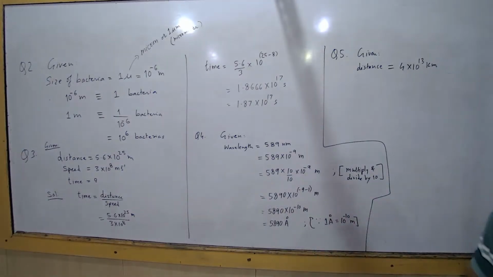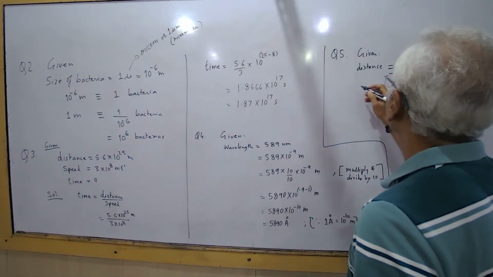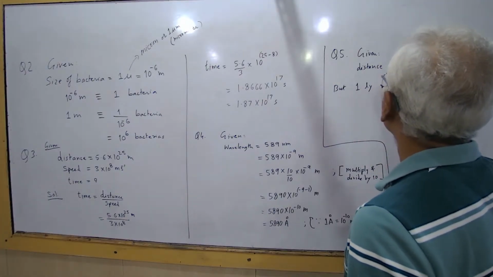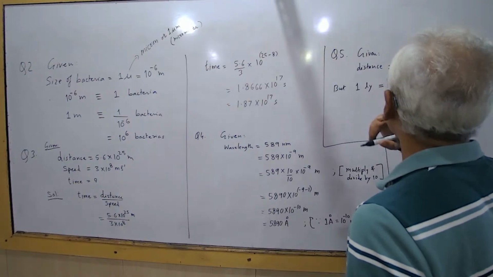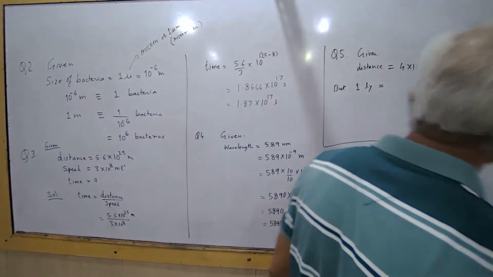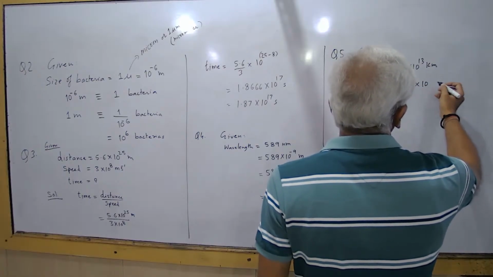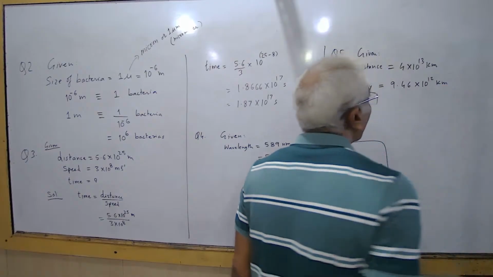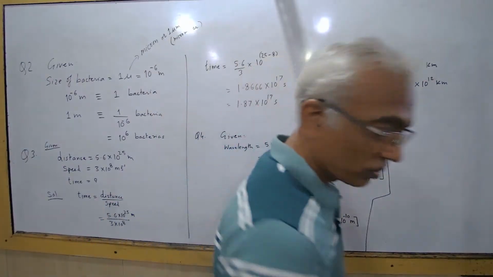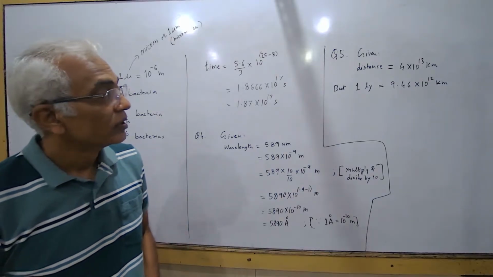Okay, express it in light year. So, what is 1 light year? 1 light year is equal to 9.46 into 10 raised to 15 meter, or 12 kilometer it will come. Okay. So how to get this distance converted into light year? What will you do? Yes, the time distance speed one. So we will have to do the same thing.